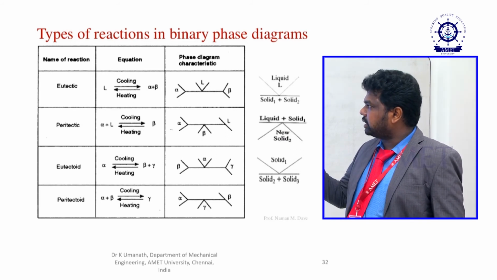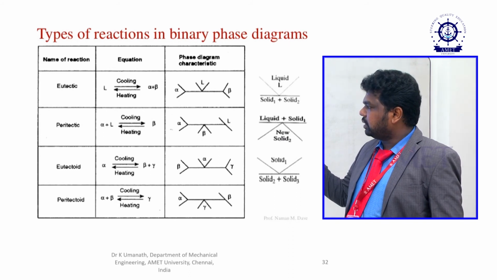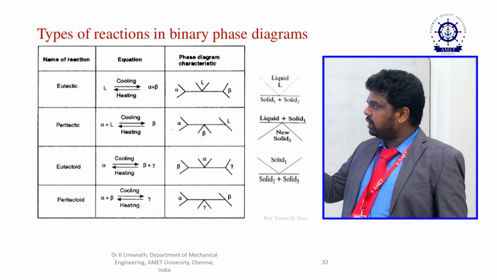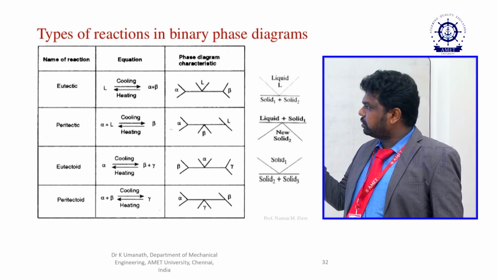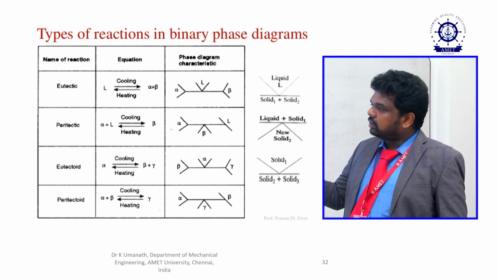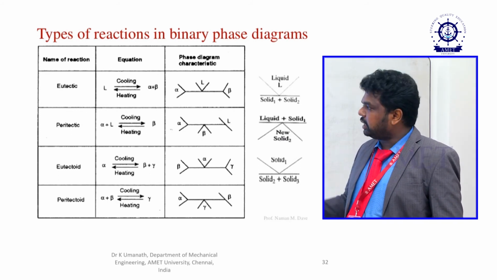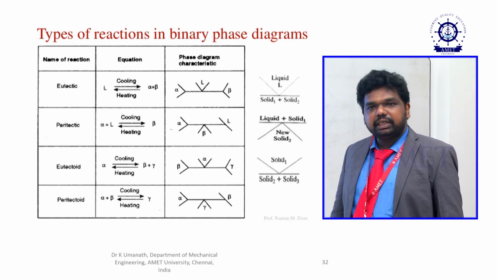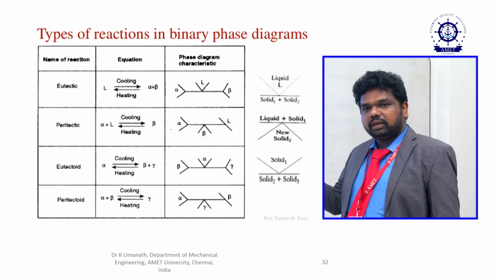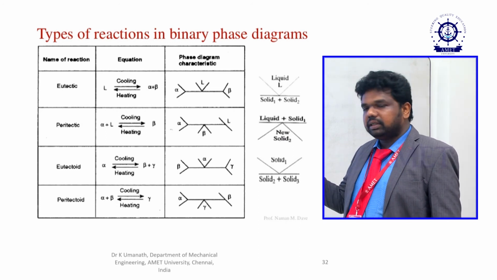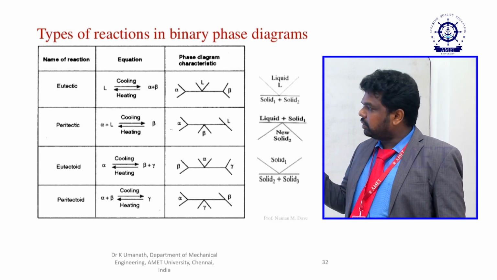In the eutectic reaction, it is in liquid, then it is transformed into two solids. When cooling, what happens? When heating, what happens? When cooling, liquid is transformed into two solids. When heating, two solids transform into one liquid. So these are the equations you can form for eutectic reactions. You can write like that. Then similarly, in the peritectic reaction, solid plus liquid transform into another solid. It is when cooling. Then on heating, the solid is transformed into a liquid and another solid.